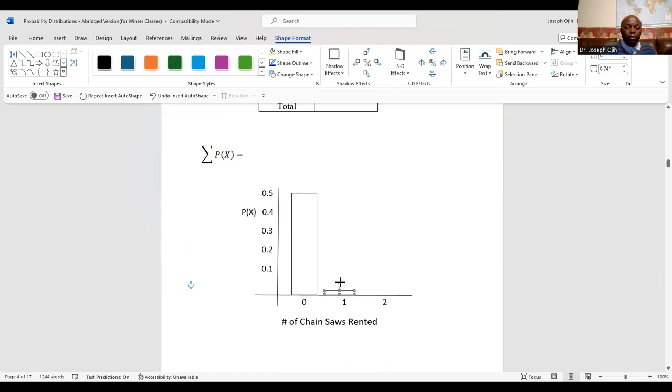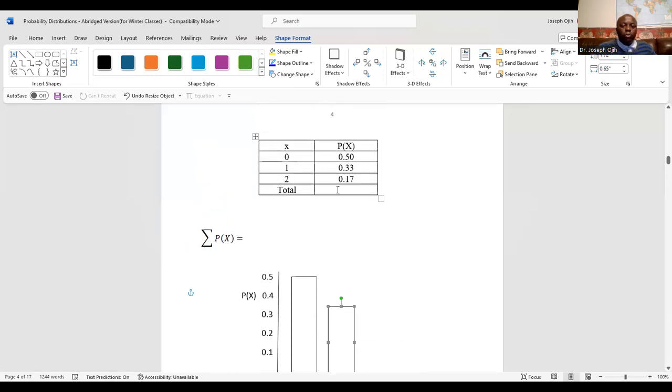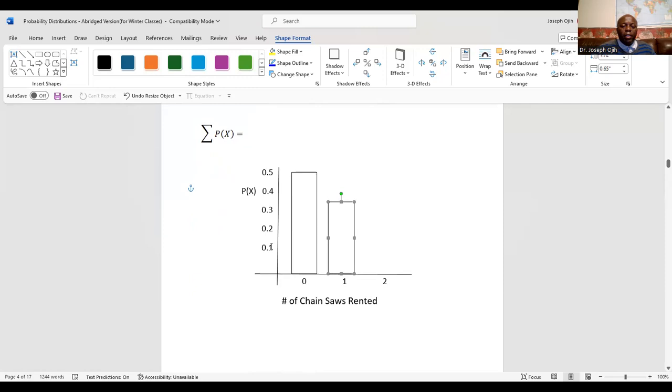Okay. 3.33 should be around here. All right, Pompey. Now, for the other one, which is 2, which is 0.17. This is 0.1 right here. 0.17 should be very close to 2. So for 2, we're gonna have 0.17. All right, so very close to 2 right here. This is close to 2, not exactly 2, but close.